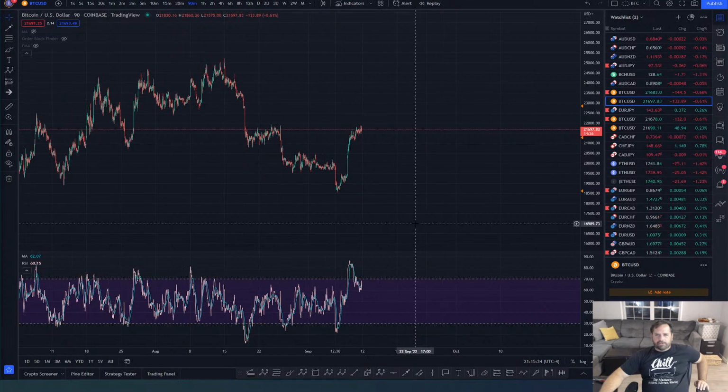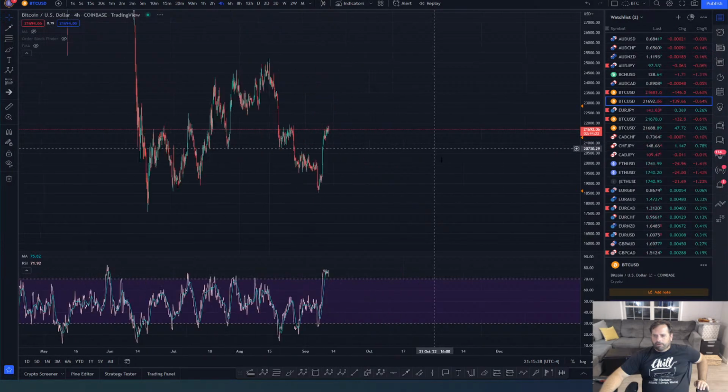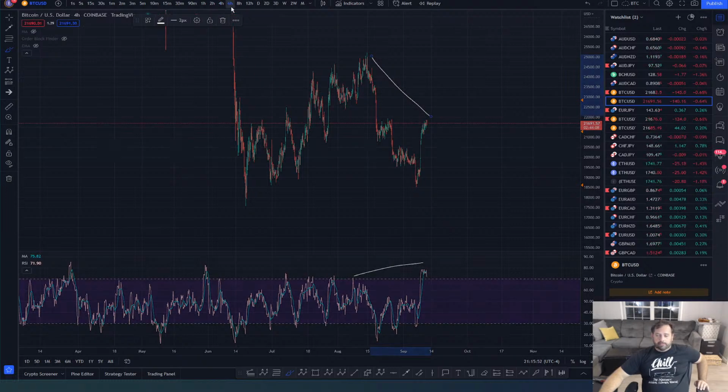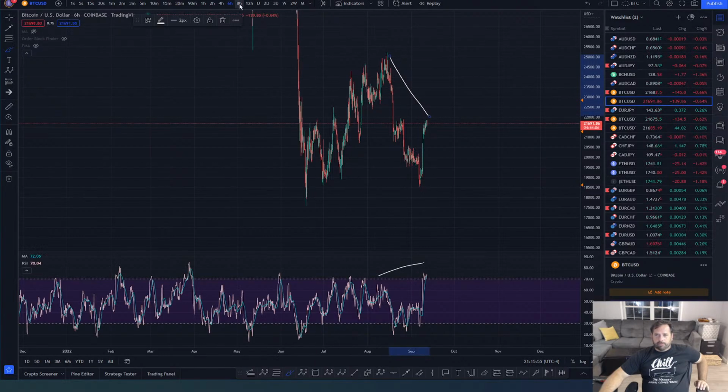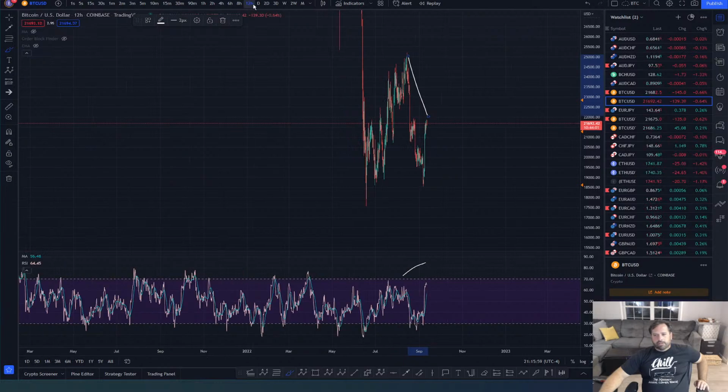Yeah, 4 hours showing major hidden bear. I'm not sure. So here's the 4 hour. You got hidden bear divergence right here. So yeah, that's bearish divergence, and that's pretty strong bearish divergence. 6 hours still showing the same bearish divergence. 8 hour still showing the same bearish divergence. 12 hour shows exaggerated bearish divergence.